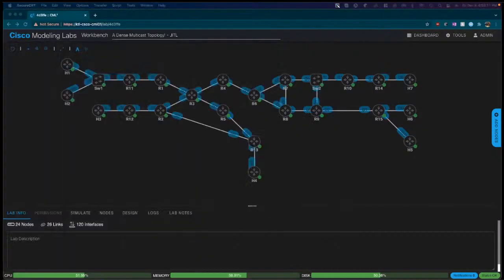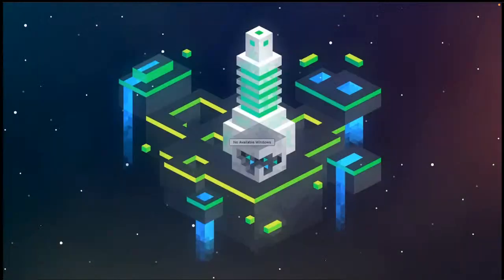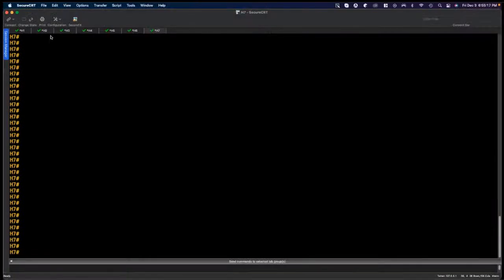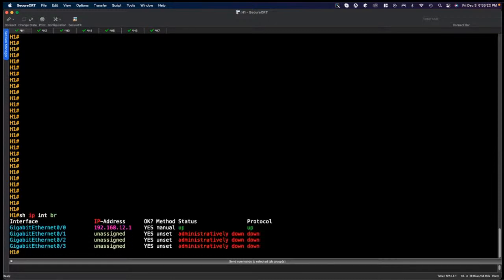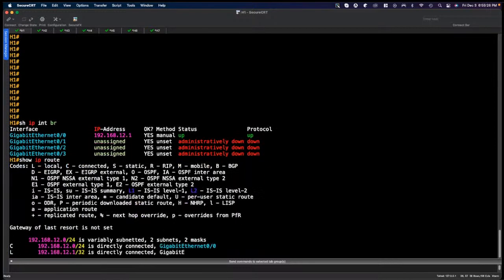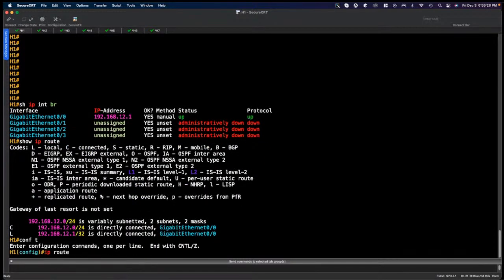And for IGMP, in order to do that, we're going to have to bring the hosts terminal back over here. So these are my hosts here. Now, firstly, IP routing is enabled here, but I don't have any routes. So I'm just going to configure a default route up to my